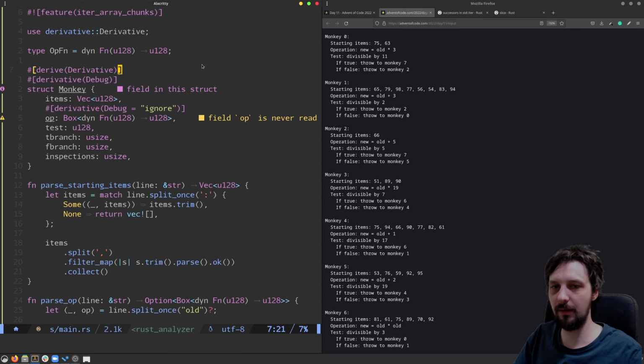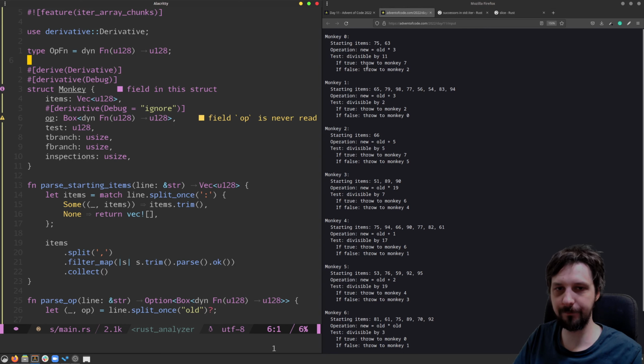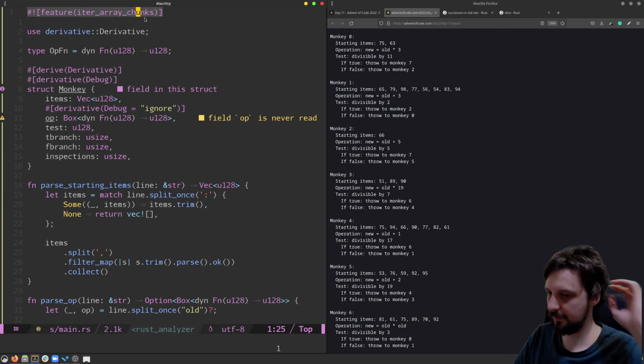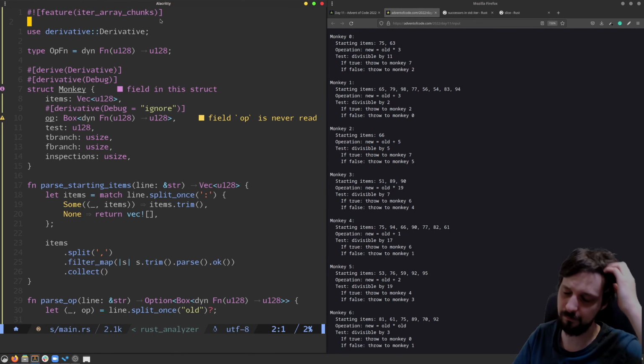I want to show a couple of tricks I used. First of all, I decided to go with nightly here because it has one nice feature I want to use, which is iter array chunks. I noticed it before. This is something new. I was not even aware of the extent of that, but I checked it out. So how does it work? We'll use it for splitting those iterator of lines. You'll see it in a moment. But this is something which is only in nightly, you can enable it explicitly, and this would be very helpful in this